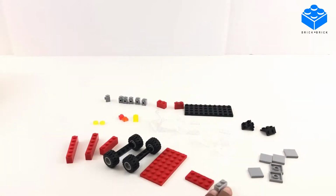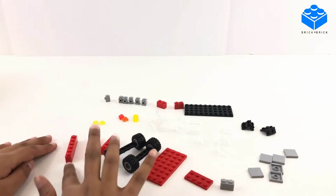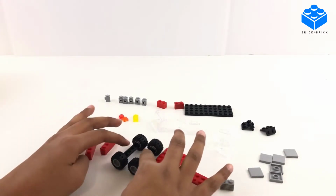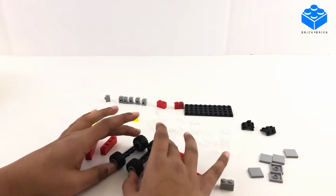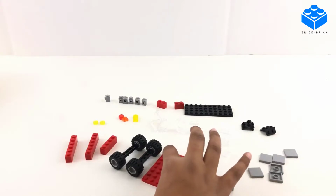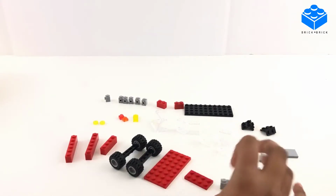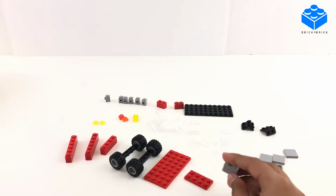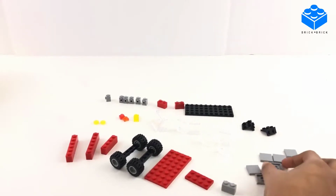Alright, I've taken everything apart, so now I'm going to show you everything you'll need. You'll need two 1x6s, one 1x4, two of these 1x4 axles, and four of these wheels, one of these 8x4 base plates, one 2x4 flat piece, one grill 1x2, 6 of these